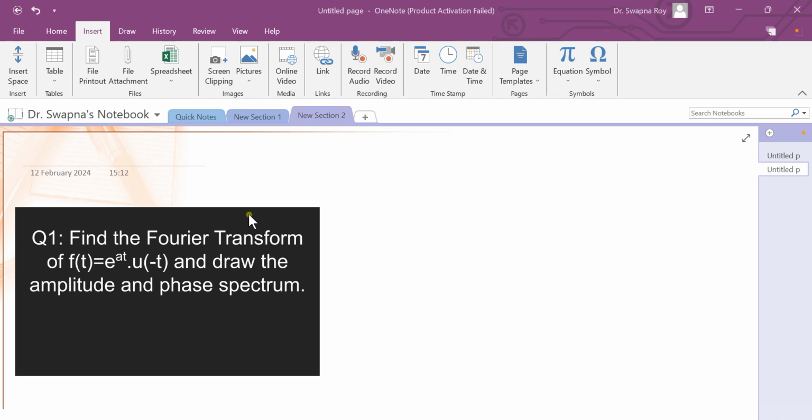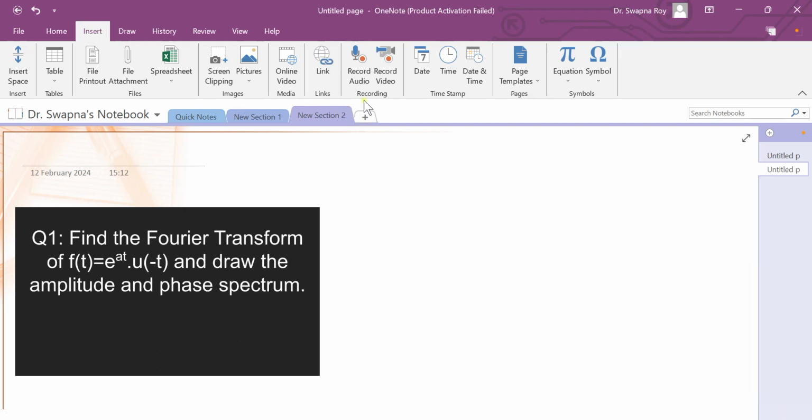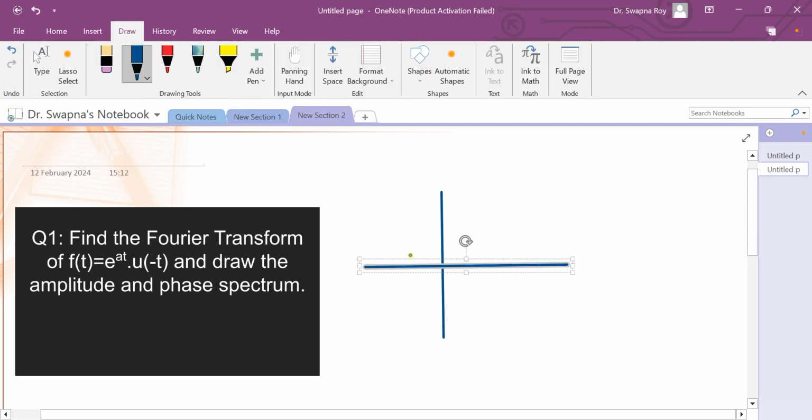how to draw the plot for e to the power at functions, and plot is like this. This is exponential rising function. Now u minus t